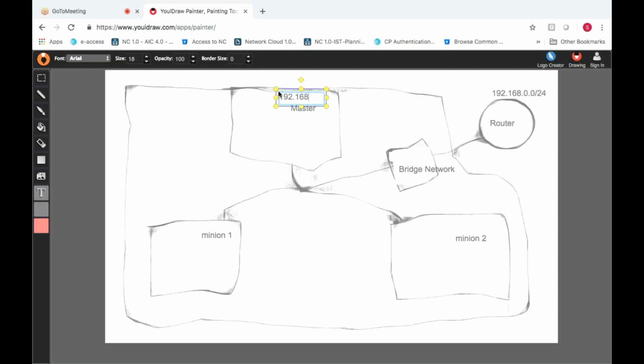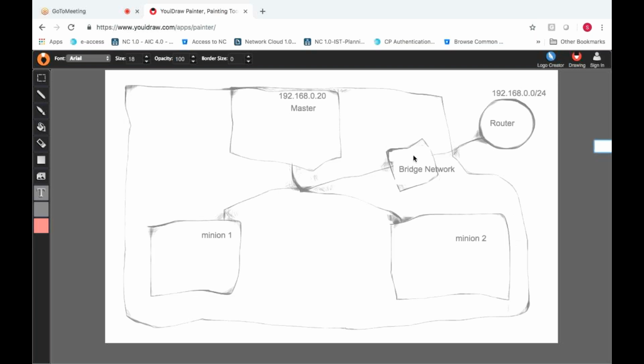192.168.0.20 to one server. Since it is connected to bridge, you directly get one IP address from the router itself. So you can communicate to the internet, like Google, and you can communicate from one machine to another machine. If you use NAT, you'll get internet connection, but you cannot communicate from one machine to another machine or from the physical server itself. That is a problem with NAT. If you use host only adapter, then you don't get internet connection, but you can communicate from one server to another server. That is a problem with NAT and host only. If you want both combinations, then we need to use a bridge network in VirtualBox.